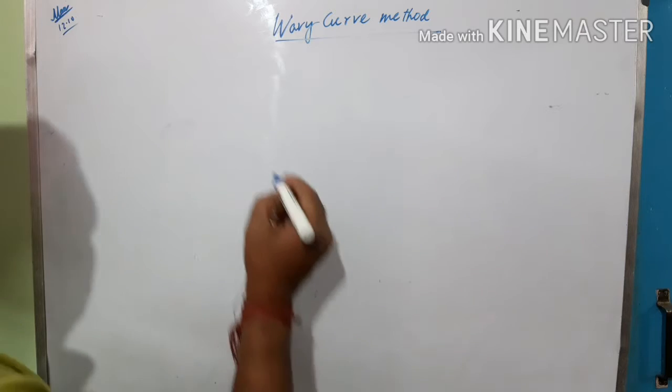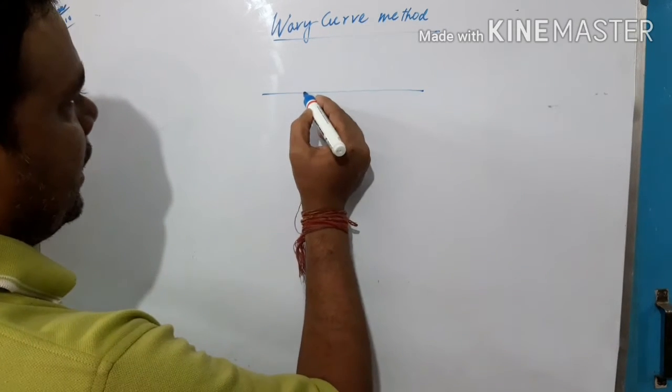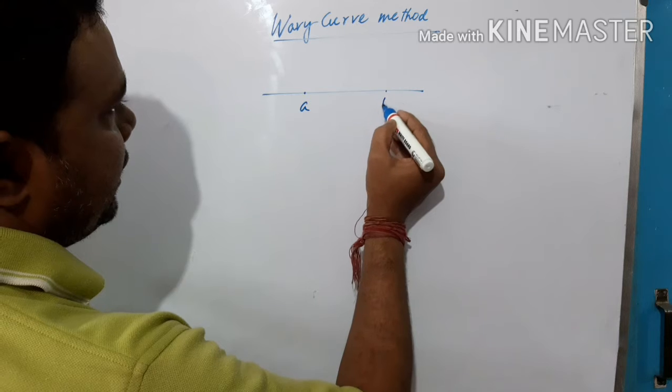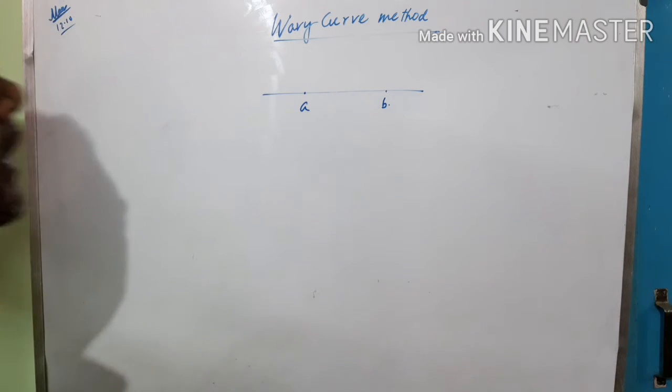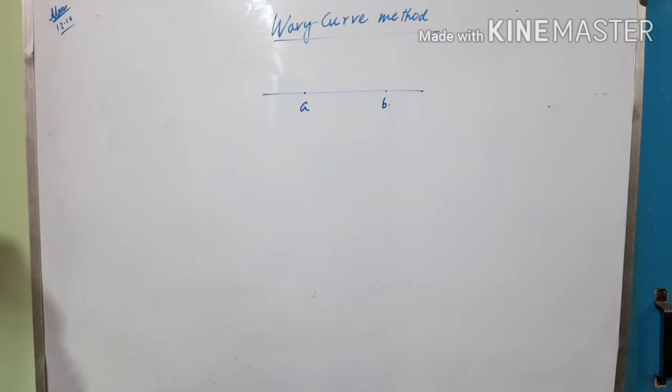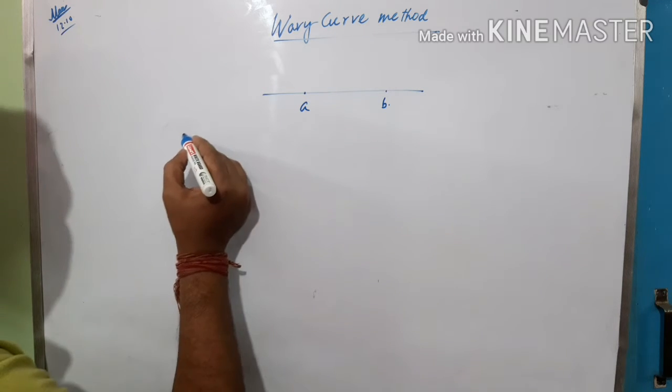Now let us take any 2 points on real line, say A and B, where B is greater than A. Now if you consider an interval from A to B, then the question is whether A is included or excluded, and same for B, whether B is included or excluded. So to answer this question, we divide interval into 4 categories. Number 1, closed interval.